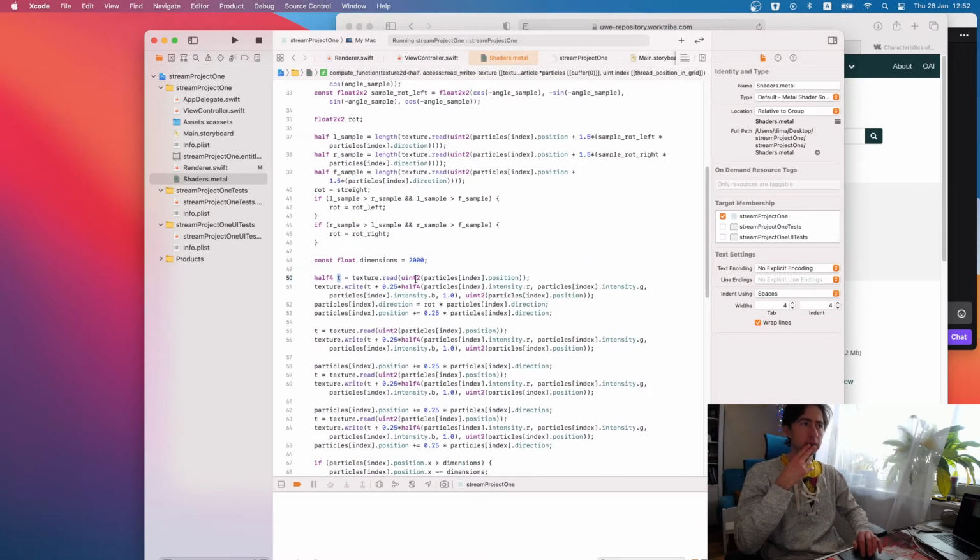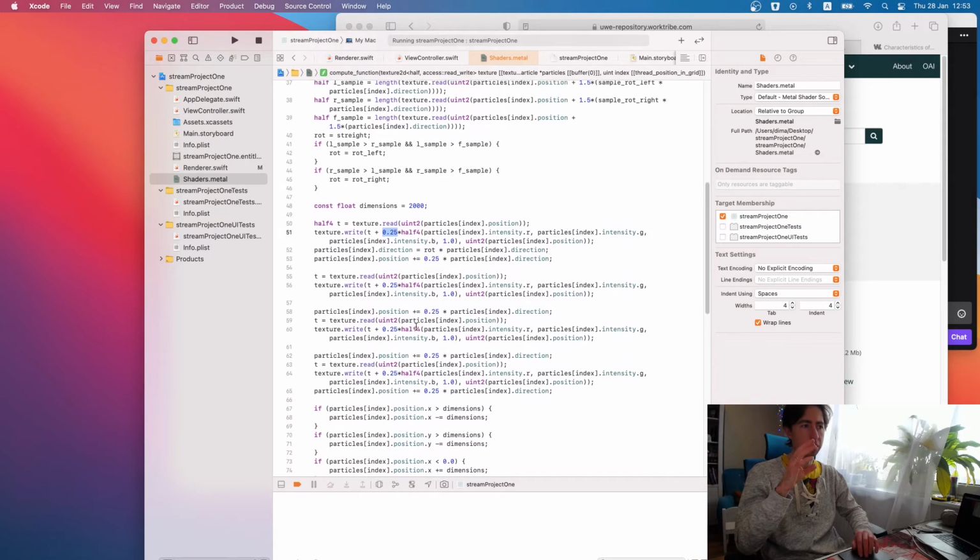Here I do sample a value at the actor's, at the point's position, and I add the particle's intensity value to the current position, and I do this in 4 sub steps.